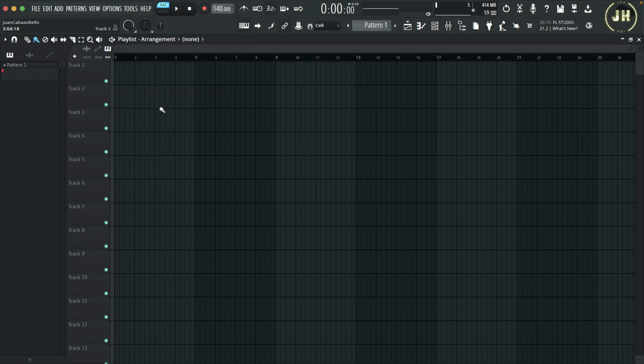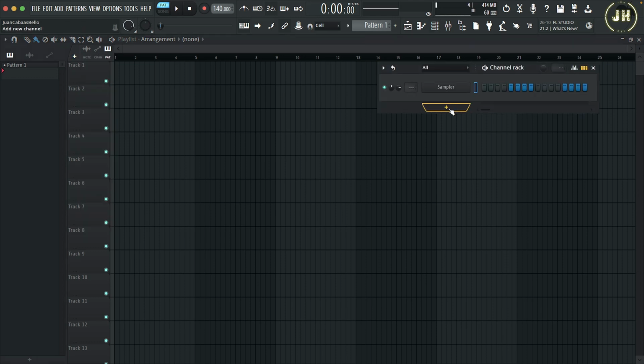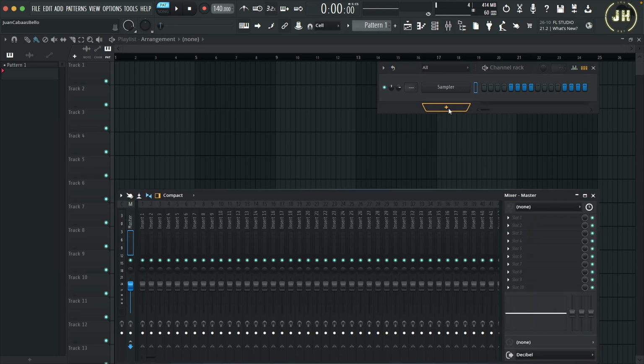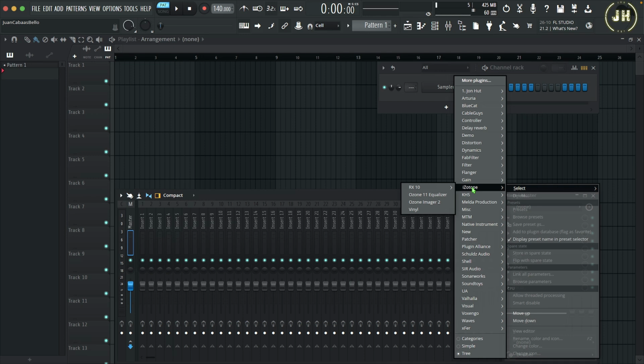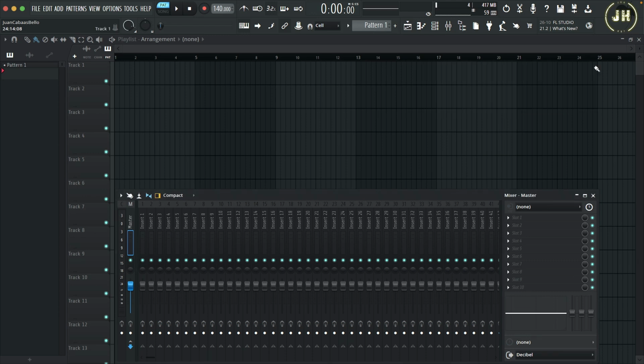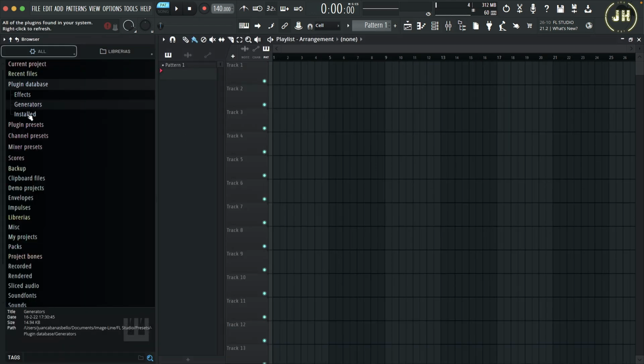effects. Now, you can also use the plus button on the playlist. You can also use the plus button on the channel rack. And last, you can go to a free slot on the mixer, click on it and select your plugin. But remember, if you don't add the new install plugin to your favorite, these plugins will not appear in any of these menus. So coming back to the browser, in order to add the new plugin to the plugin database,